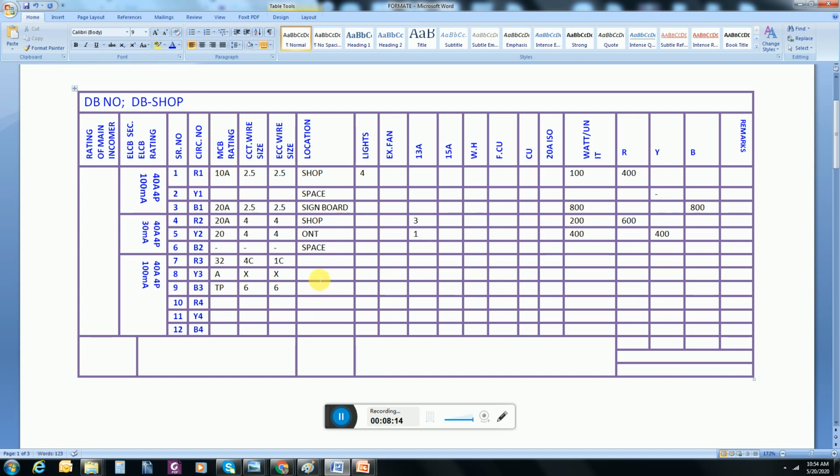Here I will write AC for shop. This is the CU, condensing unit. Its load will be 3 kilowatt. I will divide this load on 3 phases. So 1000 watt will be on each phase.